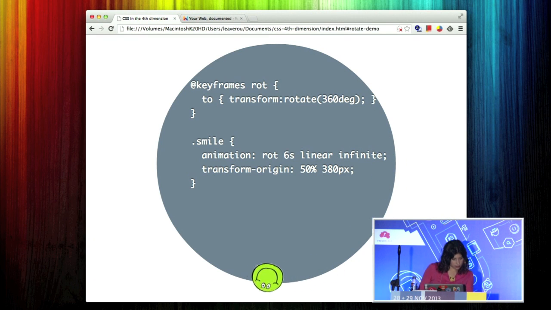This is another case, and I'm running out of time. So a while back, a friend of mine, Chris Coyier, if you've heard of him from CSS Tricks, came to me and he was like, how can I make an element rotate in a circular path without the actual element rotating? Because here it is rotating in a circular path, but the element is also rotating as well. We don't want that, we just want it to move in a circular path. So at first I thought it couldn't be done, but after a while I came up with a solution of using two transforms on two different elements and having one of them cancel the other,